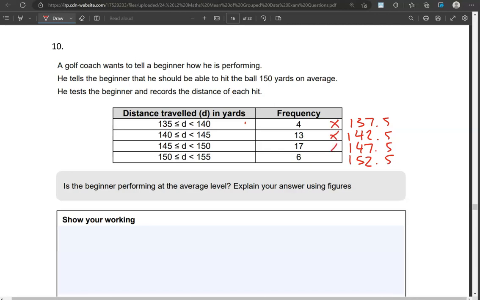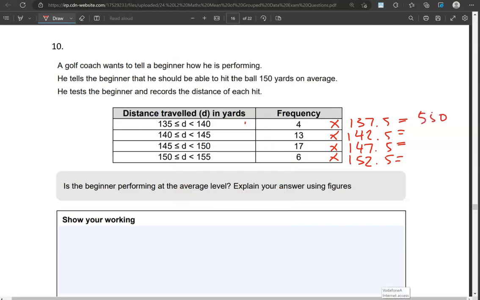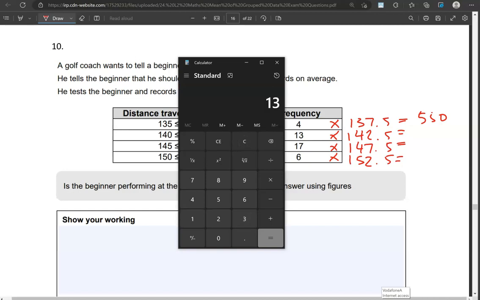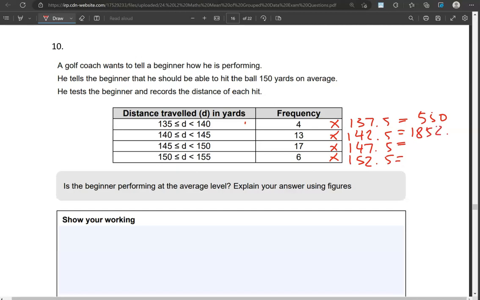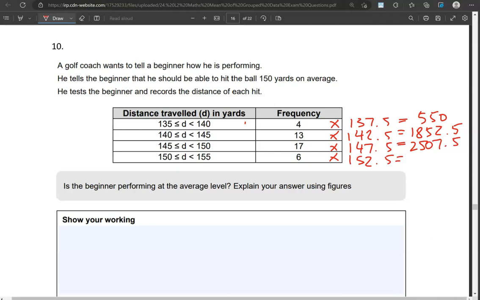Multiplying each of these by the respective frequency. So 4 times 137.5 gives us 550. 13 times 142.5 gives us 1,852.5. 17 times 147.5 gives us 2,507.5,